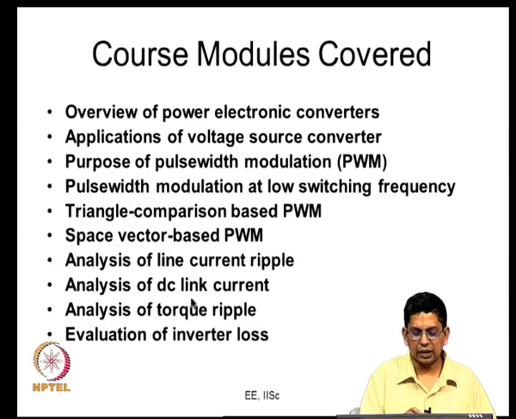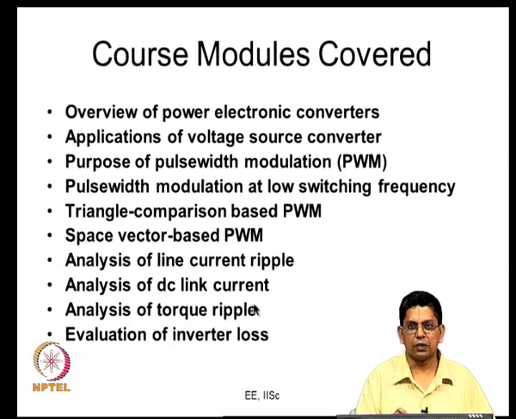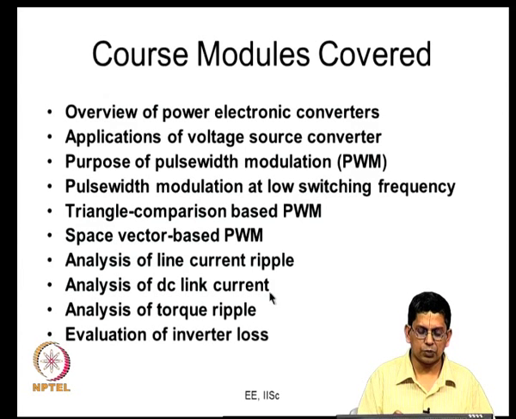The DC link current has a different kind of harmonic spectrum. It has a DC component which essentially comes from, let us say, the rectifier or whatever, and it has a lot of ripple. Most of the ripple flows through the DC capacitor, and so this also gives us an idea of how to calculate the RMS current through the capacitor, which you need for sizing the capacitor and also for calculating the losses in the capacitor.